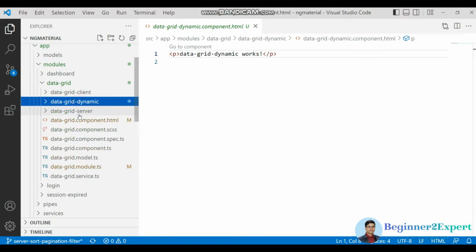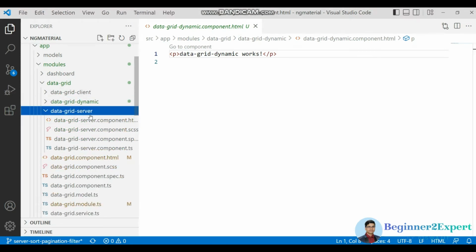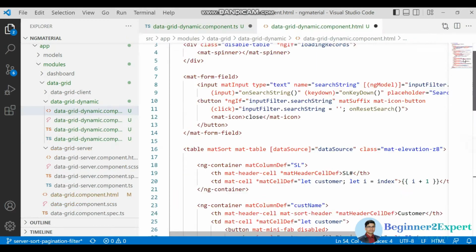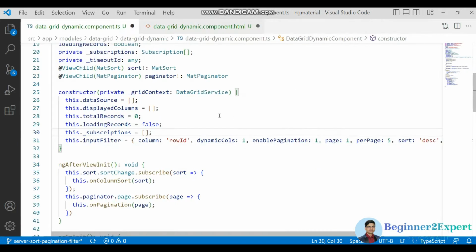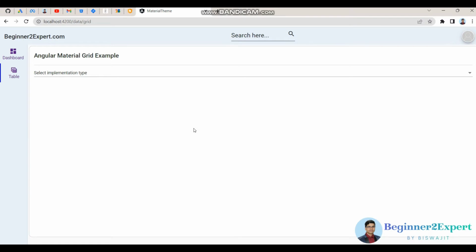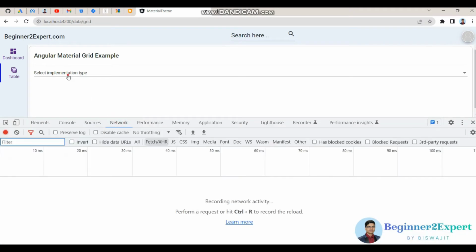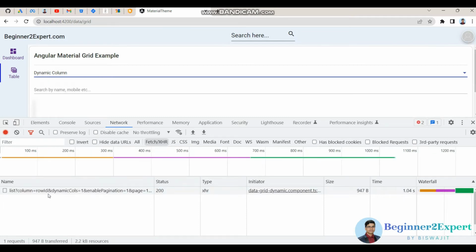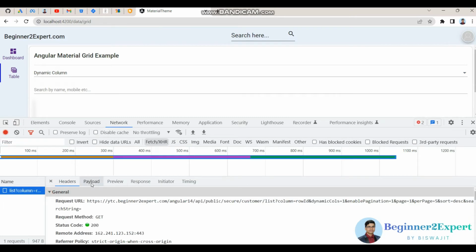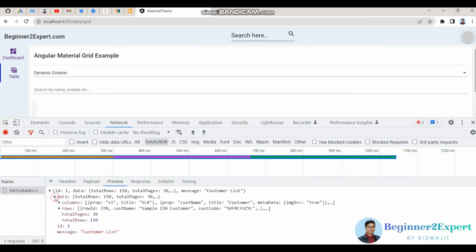So what I'll do, I will copy the previous code from this data grid server component, and then I will change this flag to 1, because for dynamic columns a different structure will come from the API. Let's save this change, go to the browser and open the network tab. Now if I load this dynamic column part and go to the preview, the structure of this response is